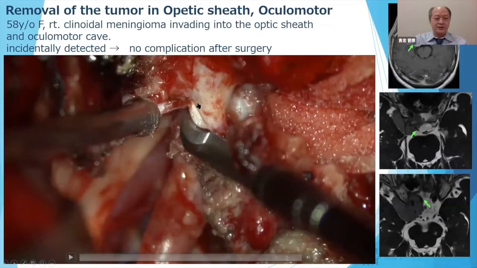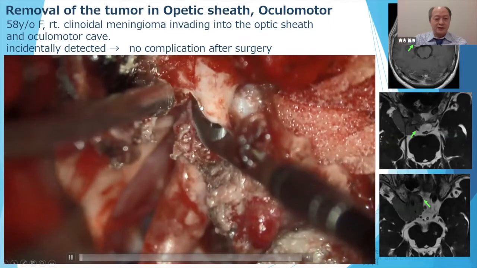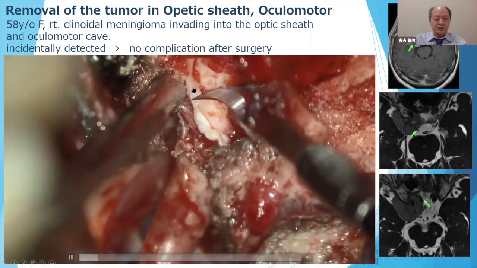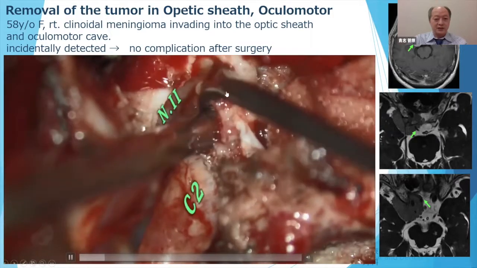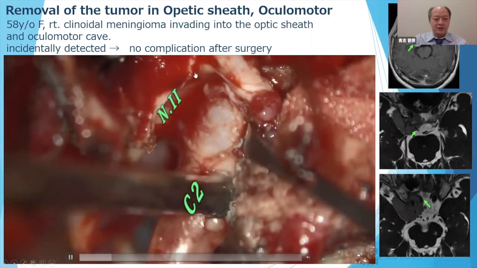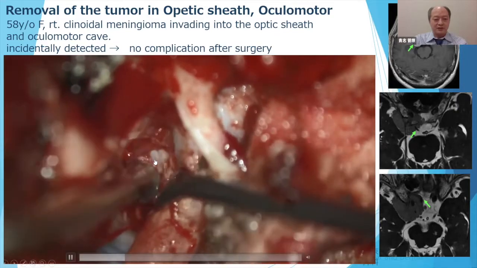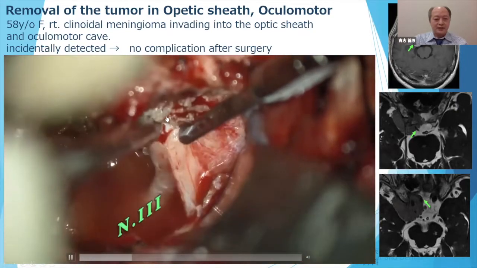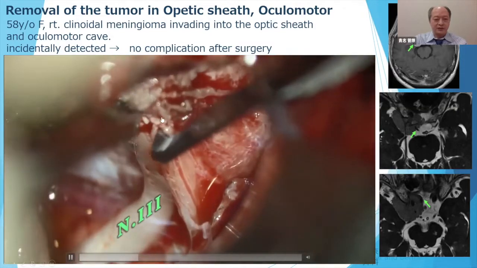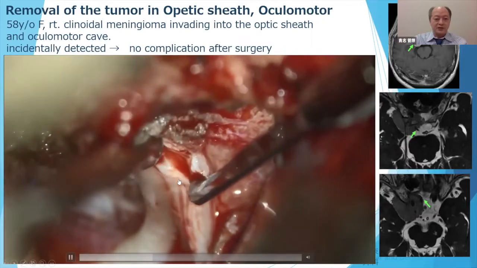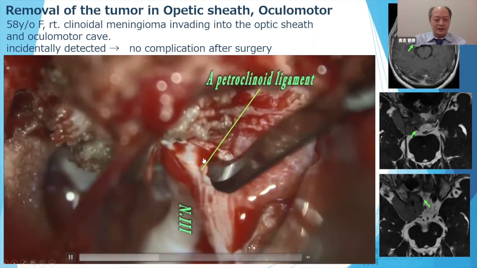The next is also a craniofacial meningioma invading into the optic sheath and the oculomotor cave. Here you can see the optic sheath, and the tumor invaded the optic sheath, so we open the optic sheath and remove the tumor in the optic sheath. Here's the optic nerve. Then the tumor also invaded the oculomotor cave, so we cut the tentorium, and you can see the anteropetroclinoid ligament here, and cut it